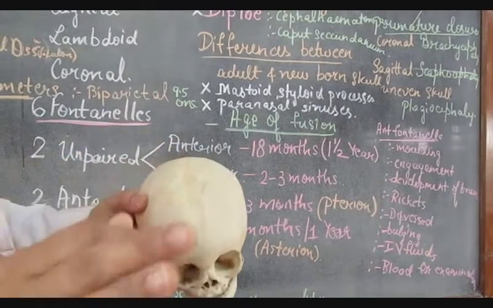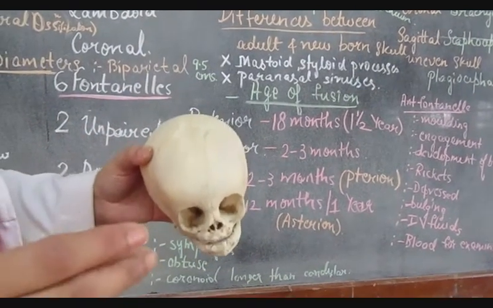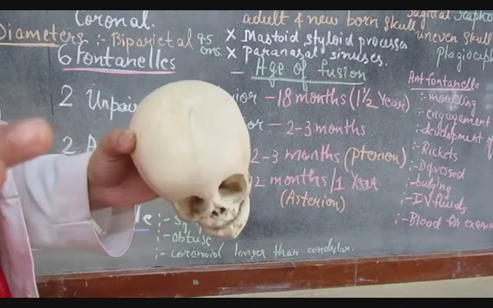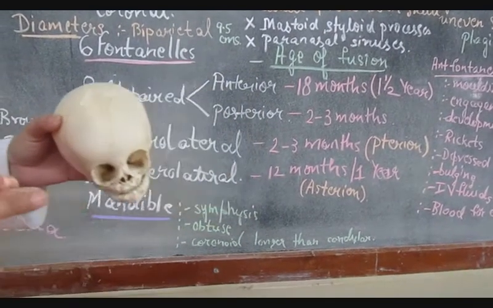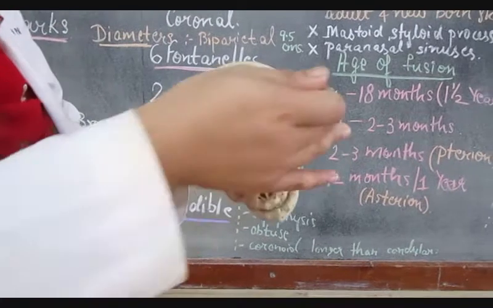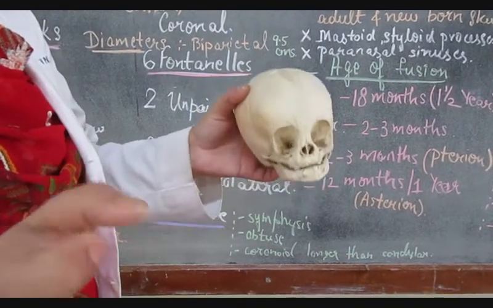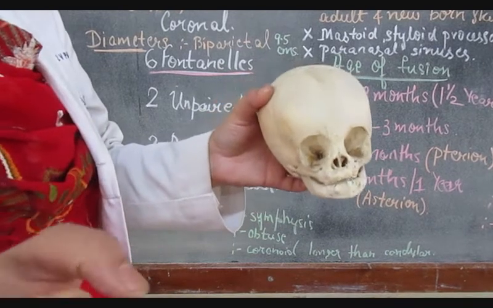The importances of the anterior fontanelle I have told you. Sutures. Anencephaly is failure of the cranial neuropore to close because of maternal folic acid deficiency. That's a neural tube defect where the skull cap or calvaria is not formed and the brain is exposed to the amniotic fluid and it dehydrates and degenerates.